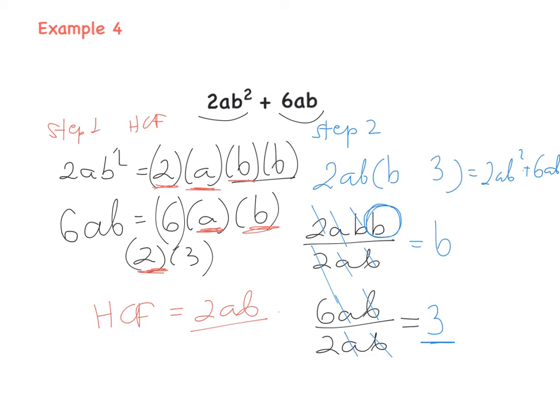So we cannot just write down 3. We need to write down the operation, okay? If that's positive 3, we can just write down simple plus 3. And then we can check it. 2ab multiplied by b is 2ab squared, and 2ab multiplied by 3, 6ab. Okay? So make sure you follow these 2 steps all the time. So take down this question as well,